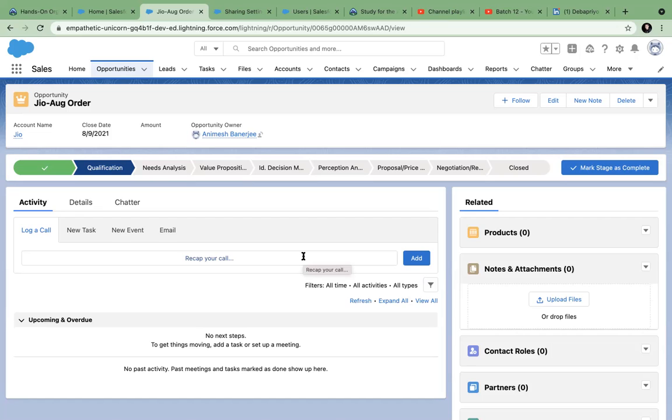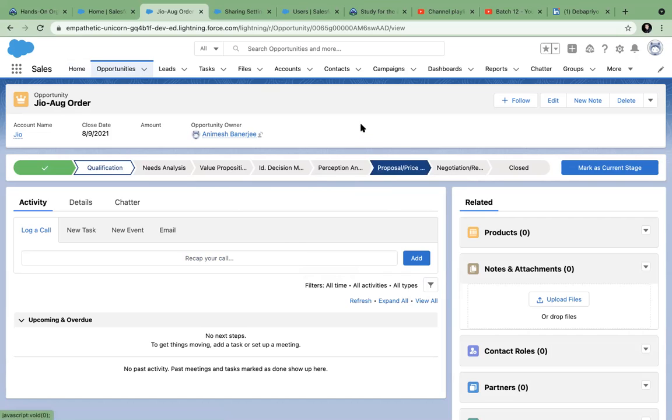So this security is absolutely critical, because everybody is sharing and looking at the same organization data, right? If we open up so that everybody can see everybody's data and everybody can change everybody's data, then it is a mess. I was working on this opportunity. Tomorrow I have a big deal decision. Suddenly somebody has changed this status to proposal. What will I do? I will go mad, right? That's true.